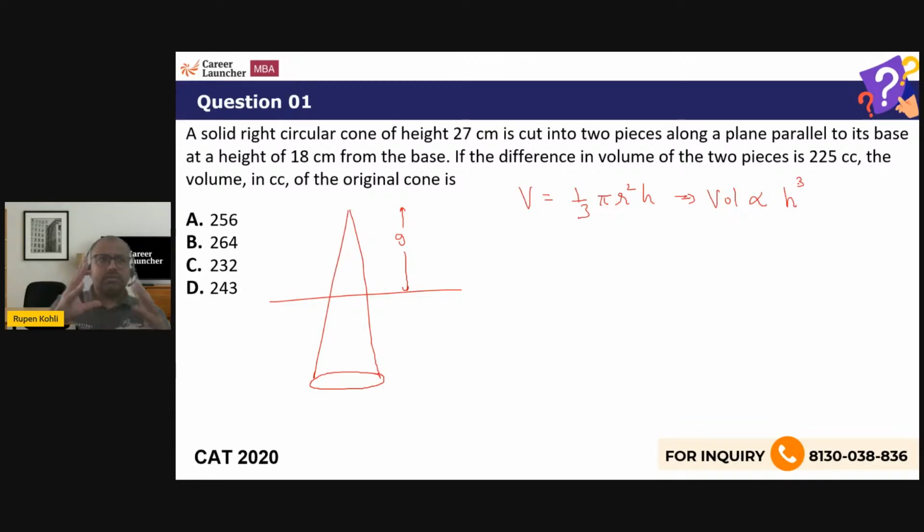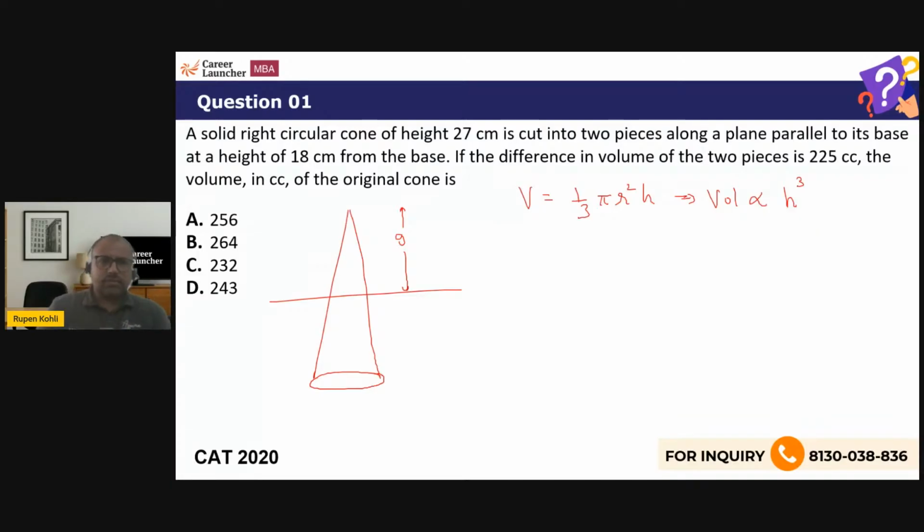Just like in 2D figures, the areas of two similar triangles are in the ratio of the square of their corresponding sides. There, because we work in 2D dimensions, area is dimension squared. So area is proportional to the square of the side length. Here, volume is proportional to the cube of any one edge length,